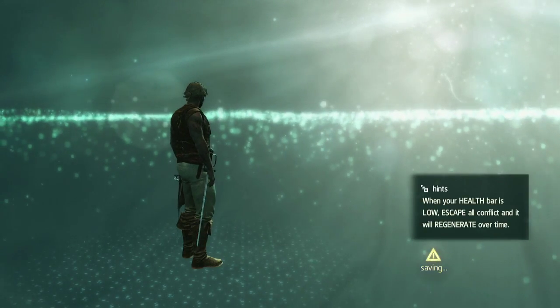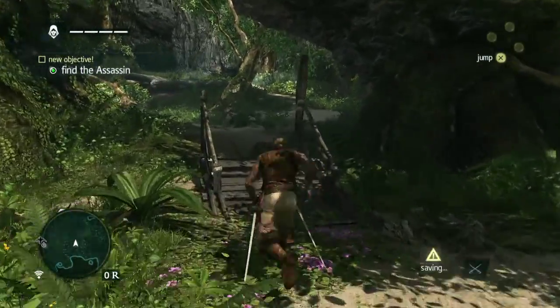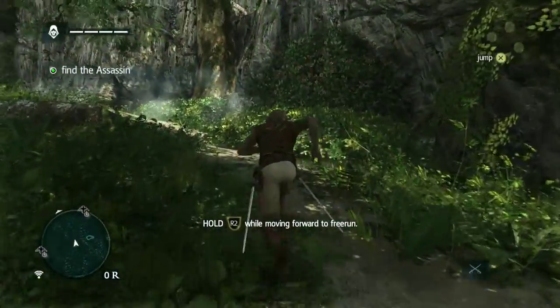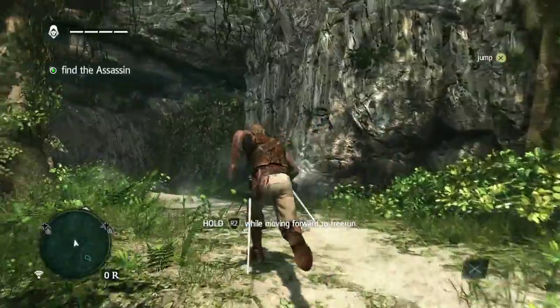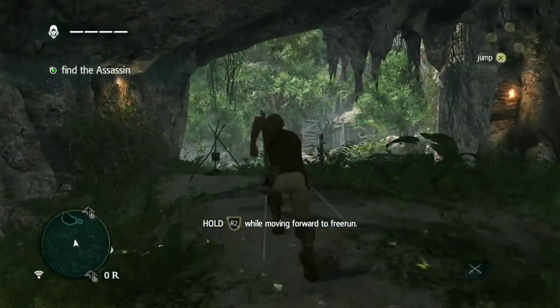So skip that cinematic because I didn't even hear what it said last time. But now I need to find the assassin. So I believe it isn't that. Come on, mate. Okay, so I believe we just need to follow this path, and the assassin is actually... Well, we do find him. We actually have to